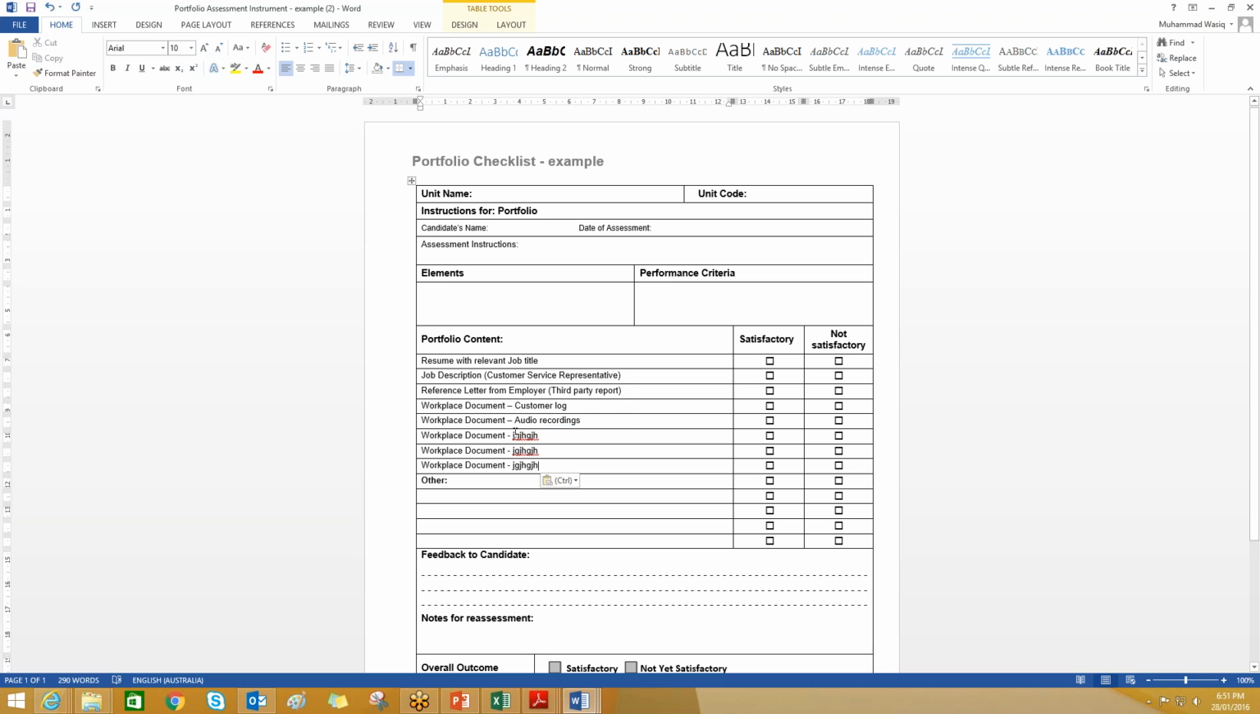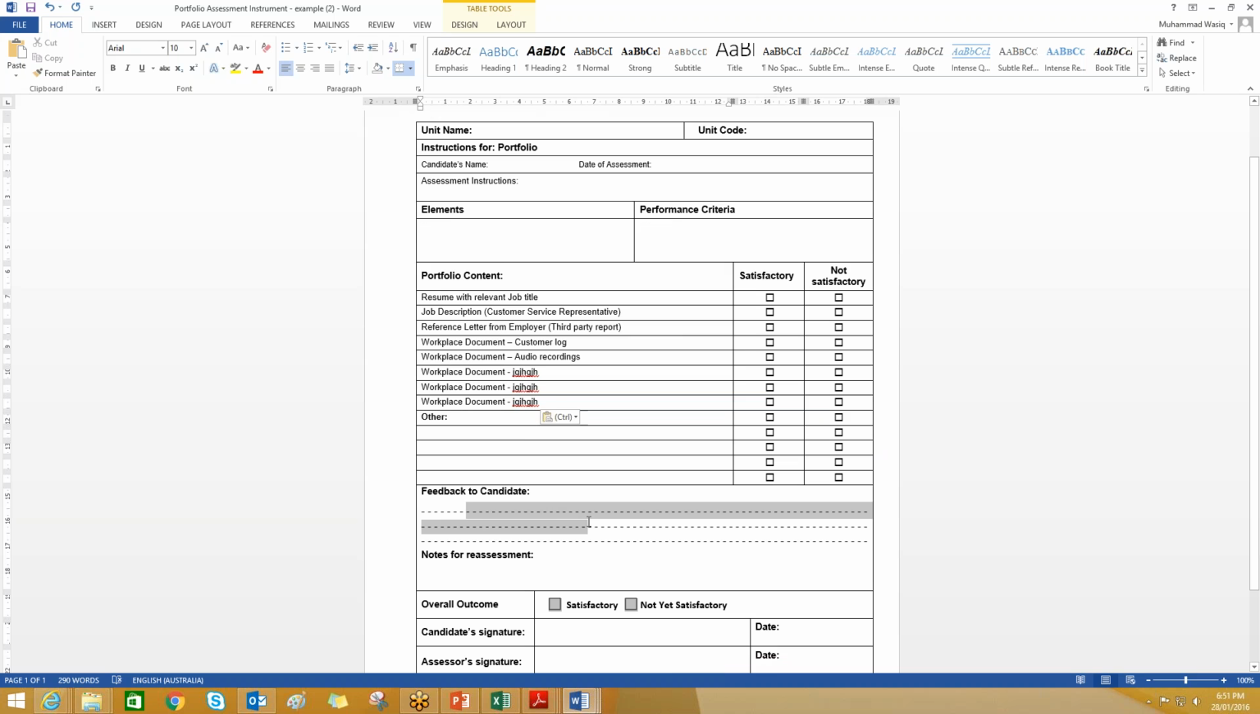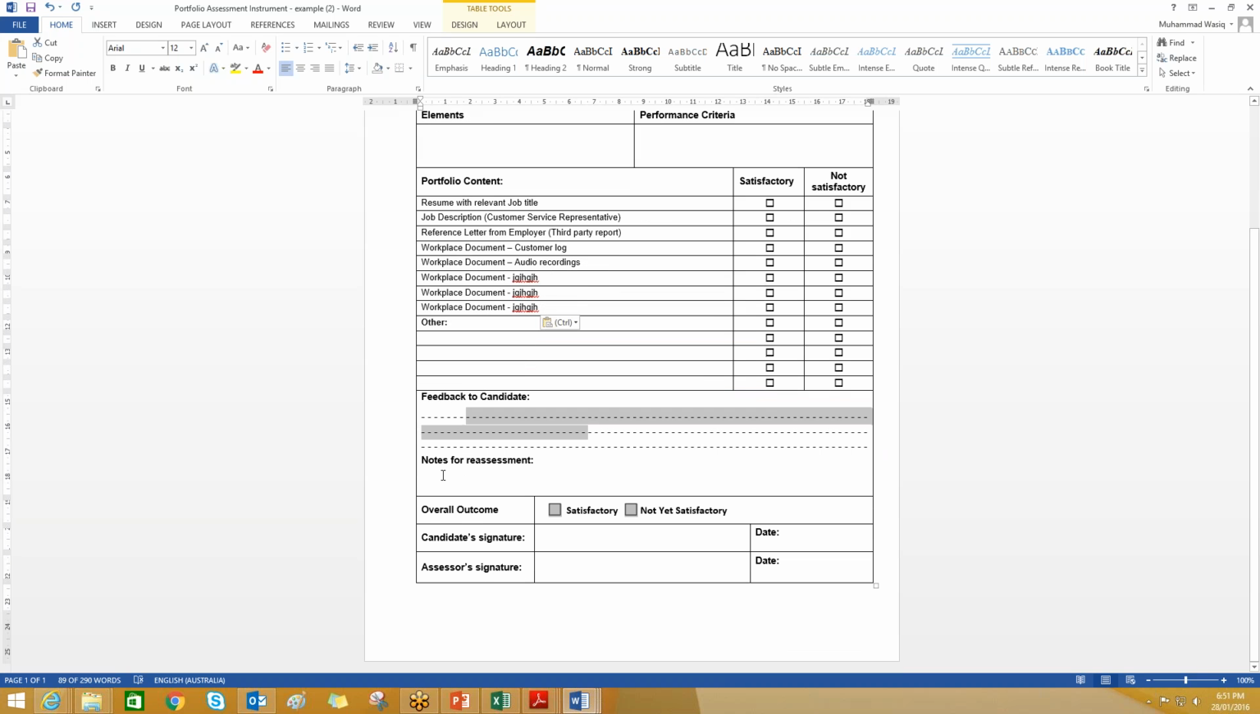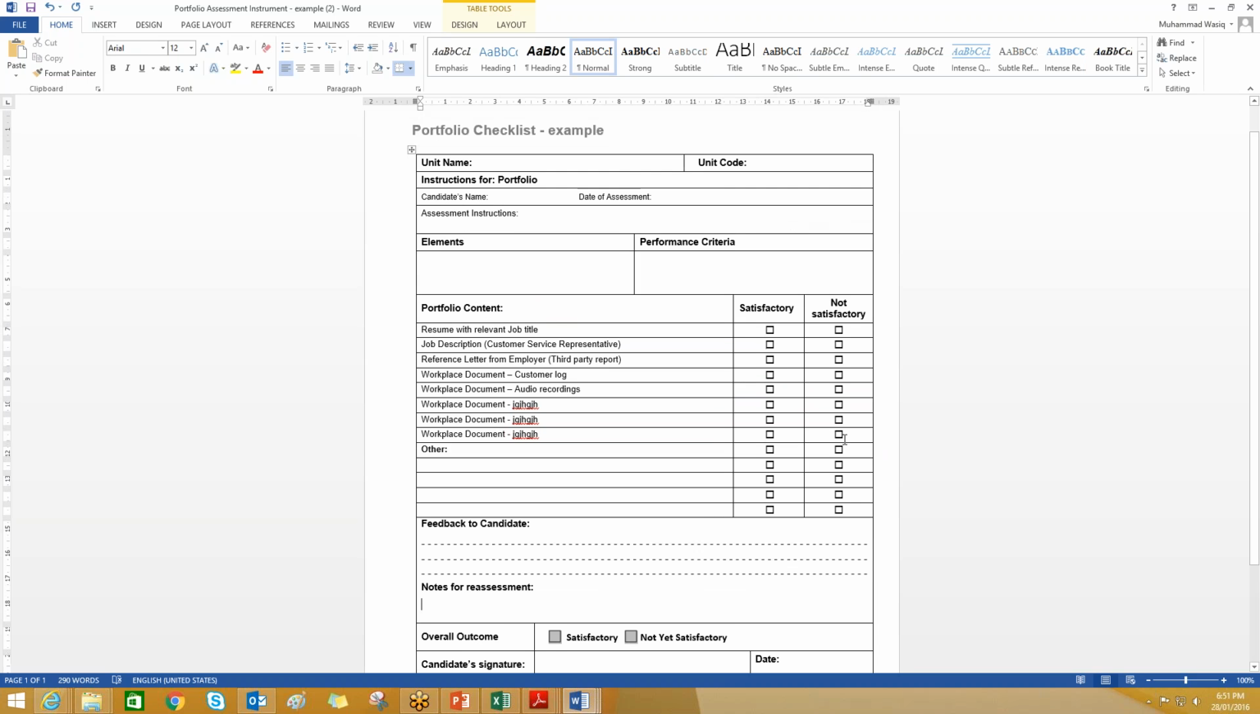and you guys will come up with these things. I mean, it would depend on the unit. If the unit is related to health and safety, workplace documents would be different. If it is related to communication, workplace documents would be different, but those workplace documents must match with the unit. So you would come up with this one. So feedback on candidate would be blank, notes of reassessment blank, everything would go blank. That's what we need